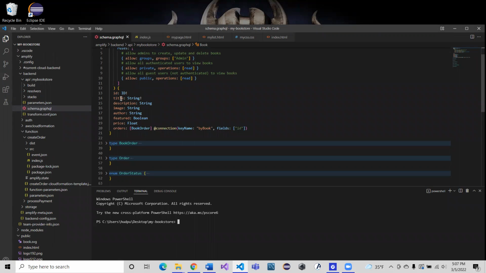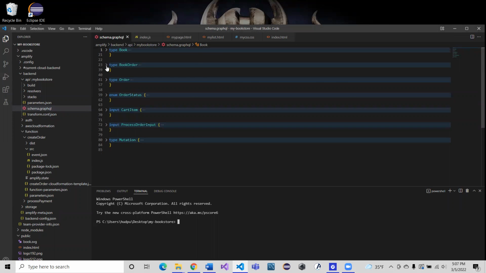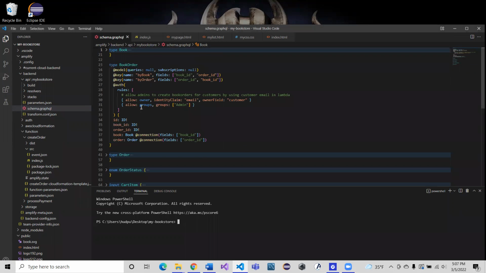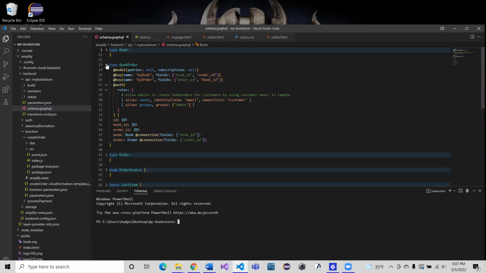And the properties of books: it has a title, description, an image, author, featured, and a price. And each of these objects have very similar properties. Book order, it's the same concept, gives ownership and allows book orders for customers using customers' email and Lambda. And it has specific properties itself. And what it means by Lambda is there's this